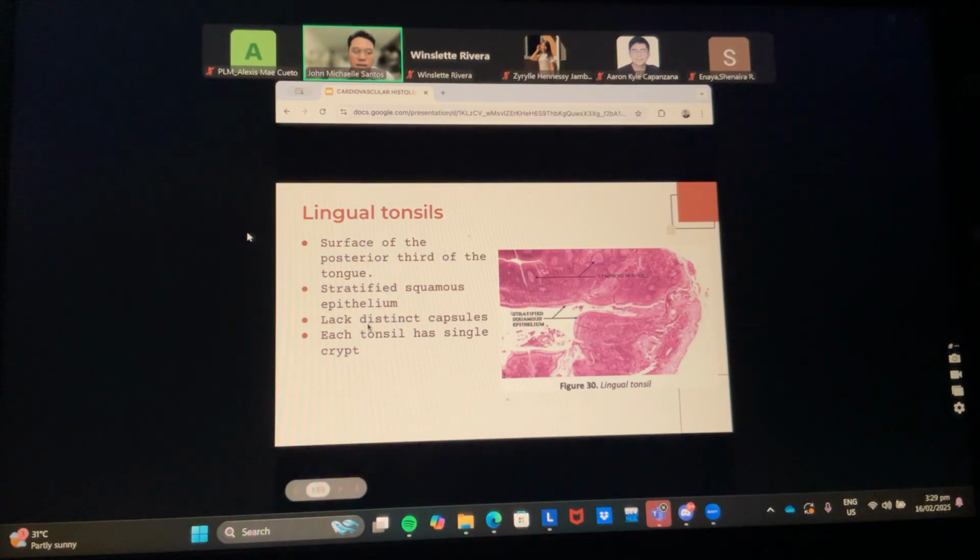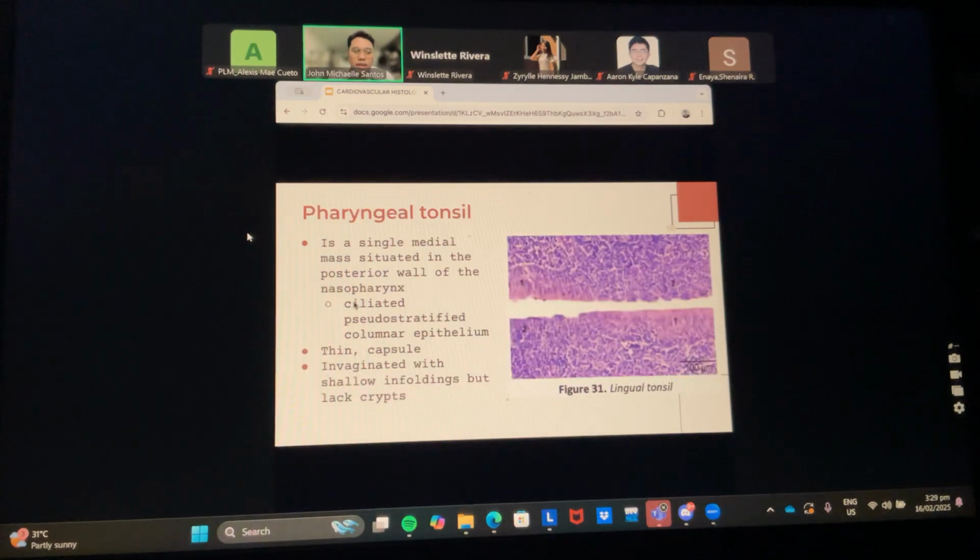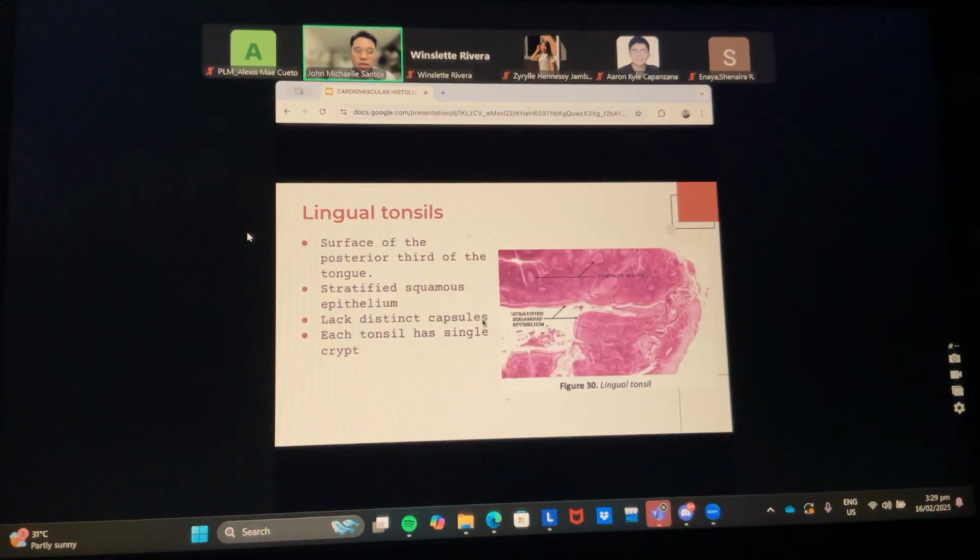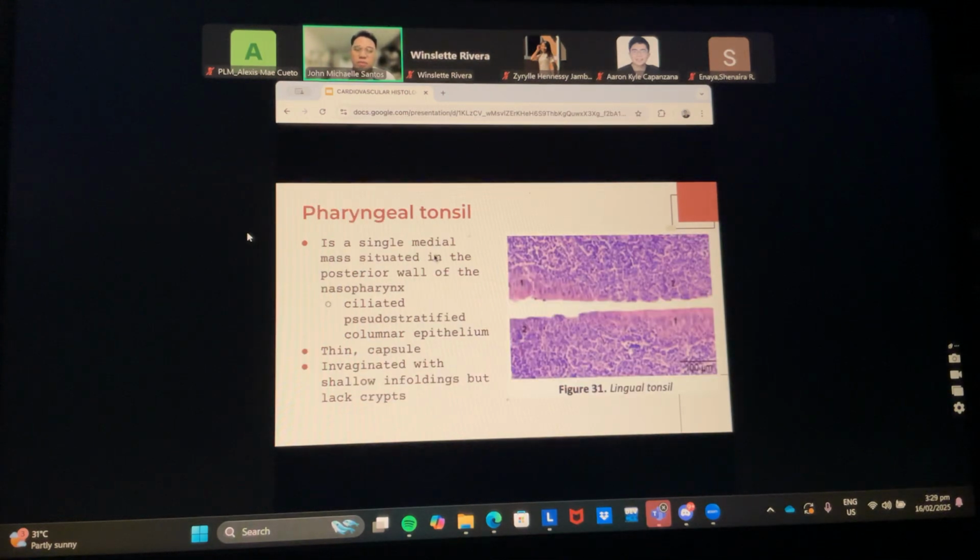Ayan, it lacks a distinct capsule. And then, your pharyngeal tonsil, ano naman ang meron kay lingual tonsil is your ciliated pseudostratified columnar epithelium as compared kay lingual tonsil natin and your palatine tonsil na stratified squamous. Bakit? Because it is now the beginning of or part siya ng respiratory system natin. Kaya siya ciliated pseudostratified. And one thing to take note in your lingual tonsil is that it has invaginated with shallow infoldings but lacks